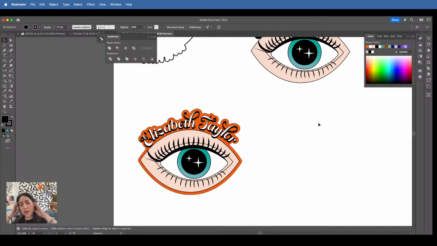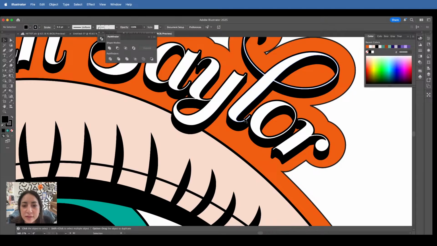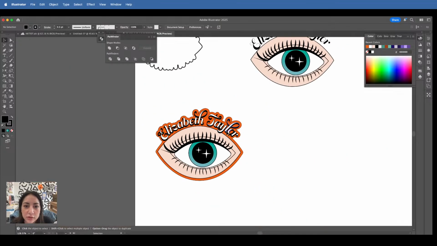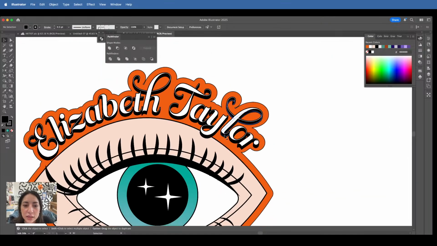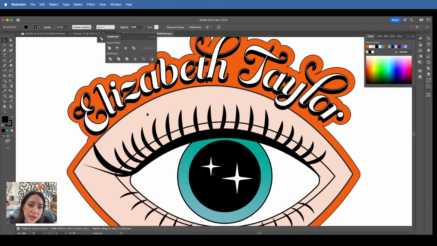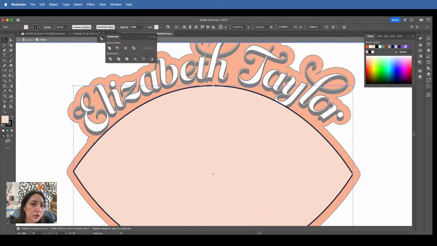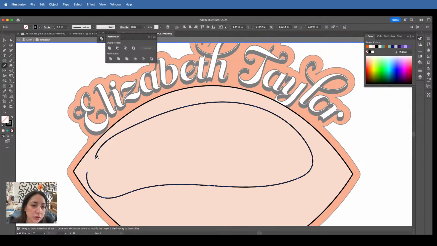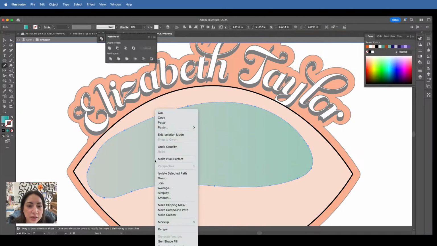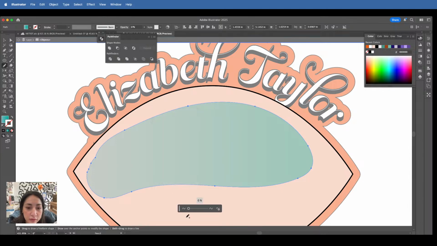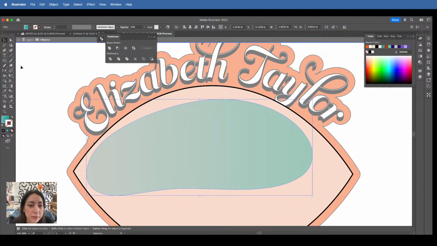I'm just thinking, let's say this went to print, which it's not because it's hideous and I hate it. Like these tiny lines would not read because how big is a sticker? It's not big enough that you could see that, but it's fine. I think I want to add some eyeshadow though. Let me just draw a blob real quick. And then fill it and go like this. And then opacity, bring that down. And then I'm going to just do smooth. We got a blob. Great.